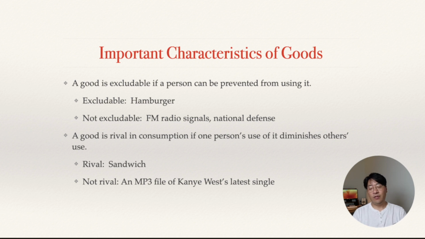So excludability is coming out from the price. A price scheme can exclude somebody who is not paying the price or the cost, as long as the goods or the system itself allows that. Only somebody who pays for these goods and services can enjoy them. In private good cases, it feels more natural. But actually, public goods and club goods are not like that. So FM radio or national defense was one of the examples in this slide.